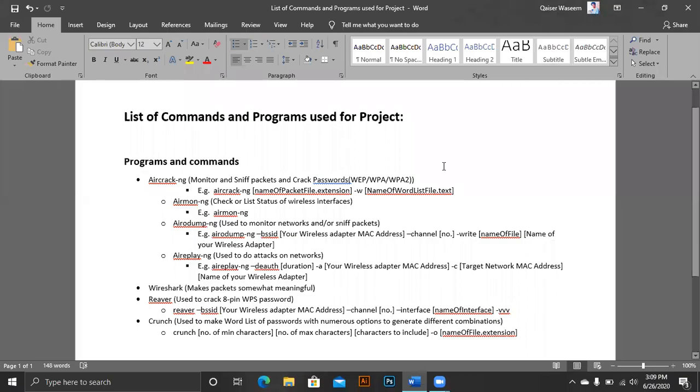Okay, so now I'm going to explain the list of commands and programs used in our project. First of all, we have Aircrack-ng. It is a program for Kali Linux, and what it does is it monitors all the networks nearby. It can sniff packets. It can also crack passwords of WEP networks or WPA or WPA2 protected networks. And here we have an example of Aircrack-ng, and we'll have a look at it after we go through these